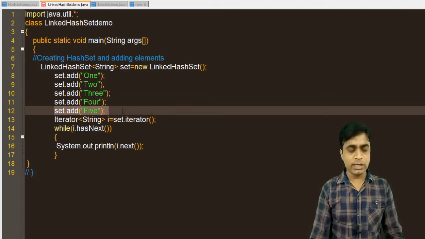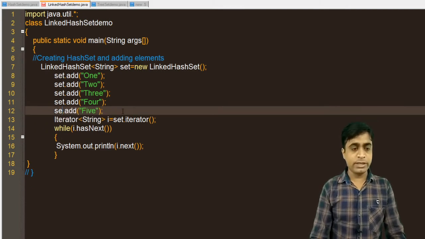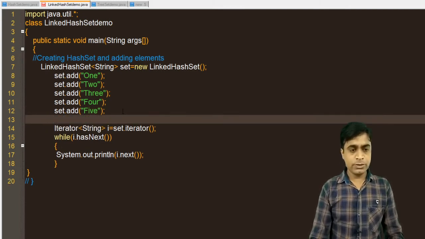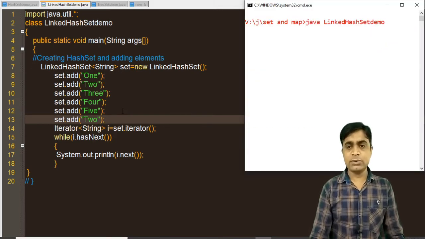Now suppose you try to add a duplicate value over here. You can see I am adding a 2 here.